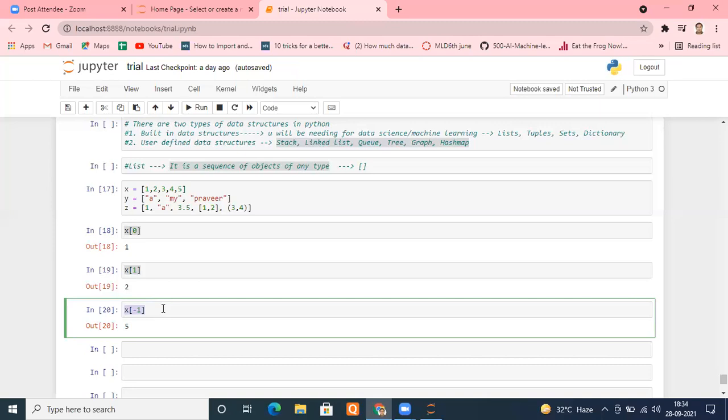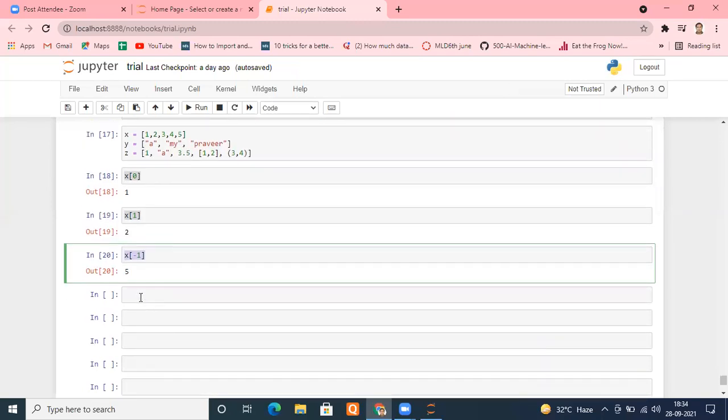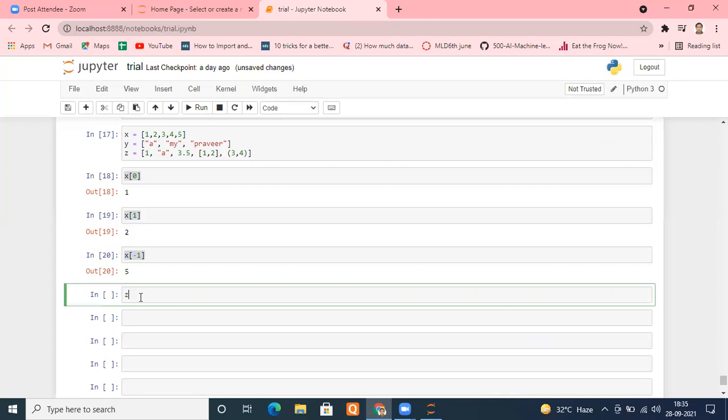Now understand a very important thing once more. Let me take one example: a list called zeros. My task is that I want a list of 5 zeros.